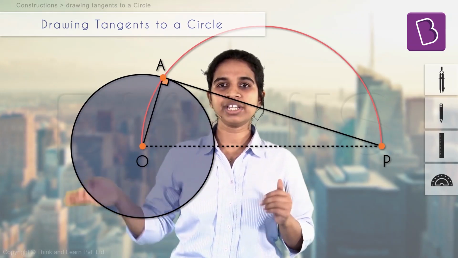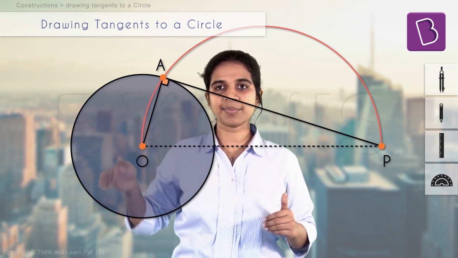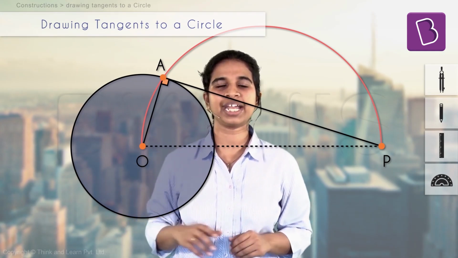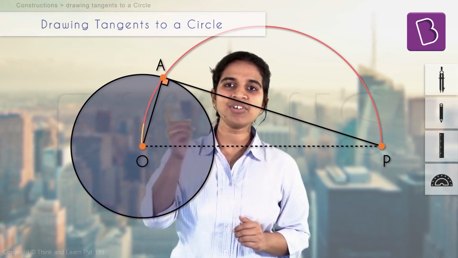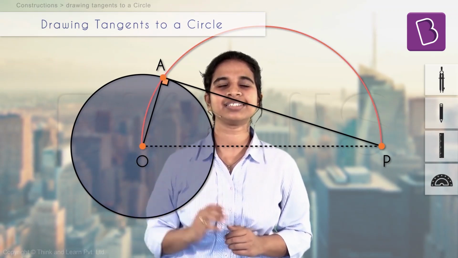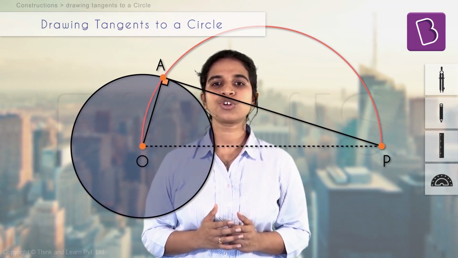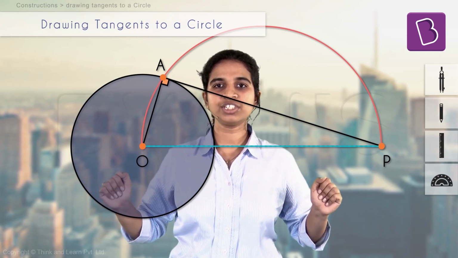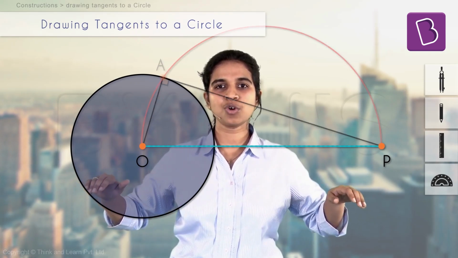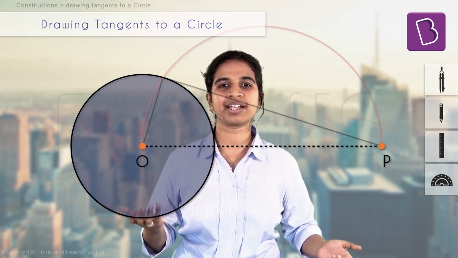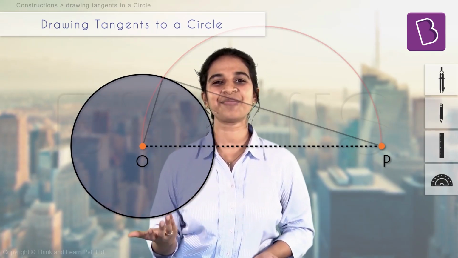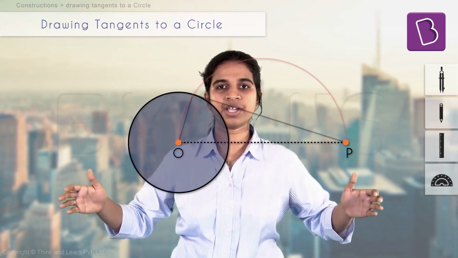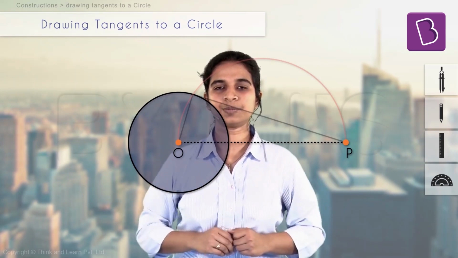So what do we need to do? We need to draw this semicircle. If you draw this semicircle, our aim is to find point A, correct? What we don't know in this entire figure is point A and B. How will you find point A? Wherever this semicircle intersects the circle, that is nothing but point A. How will you draw the semicircle? It's a semicircle with OP as the diameter. How will you get the center of this circle? You'll draw a perpendicular bisector to OP. You don't need a perpendicular, you just need a bisector. But the only kind of bisector we know is perpendicular bisector, so we'll draw a perpendicular bisector. Correct? Because what we need is the midpoint of OP. That will be our center of this semicircle.